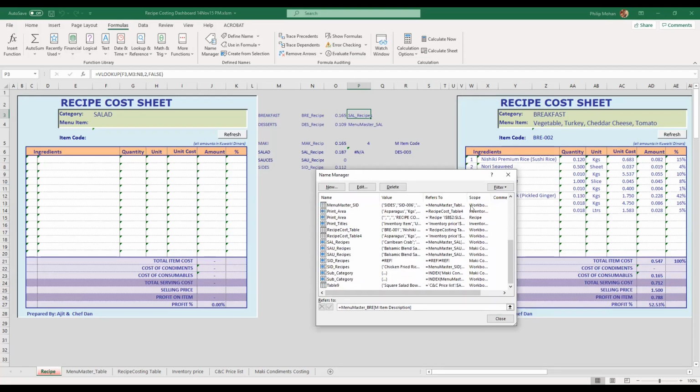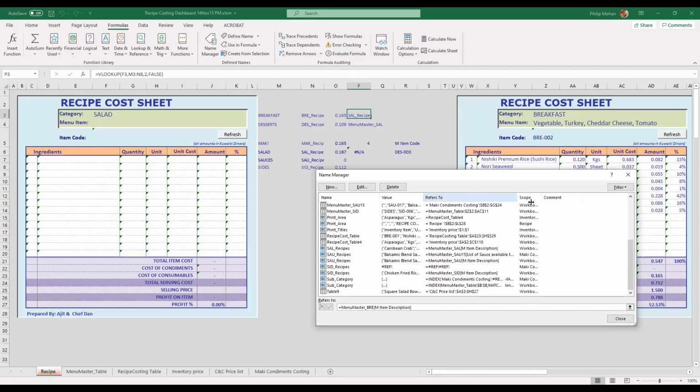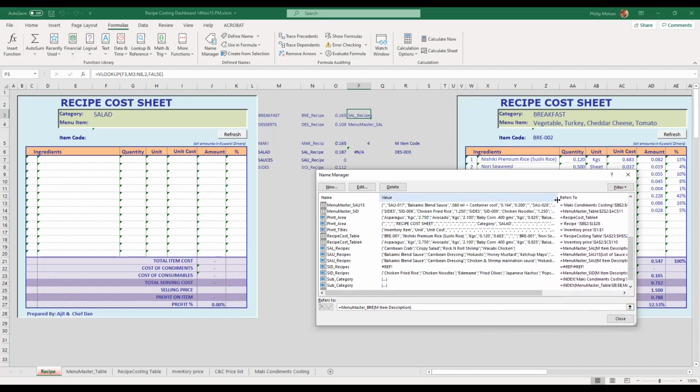SAL recipes is a defined name. I just put down the names here. So when I put SAL recipes, it goes and picks up this information.